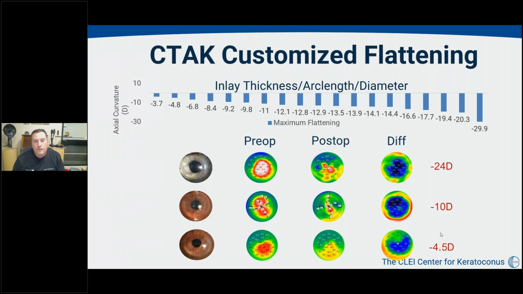So our flattening ranged anywhere from close to 4 diopters of flattening to almost as much as 30 diopters of flattening, with everything really in between. And if you look at the bottom, when you look at the mild, moderate, and severe cases, what I want to really draw your attention to is that post-op central regular astigmatism that you're reproducibly seeing in each level